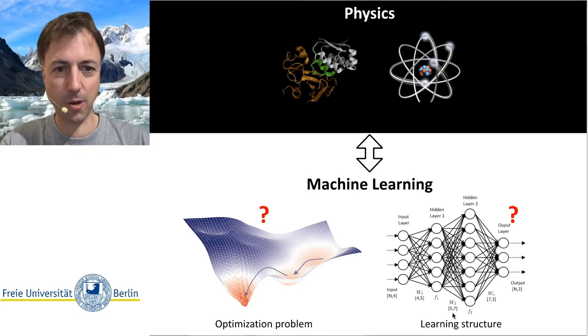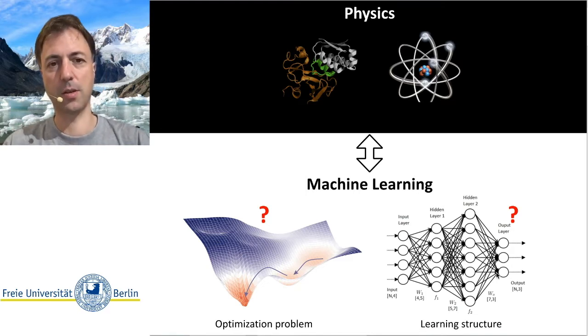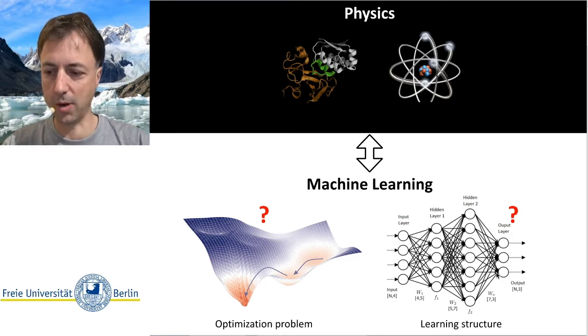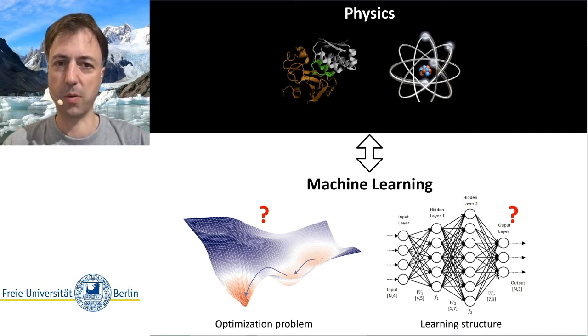And the same goes for the learning structure. In many cases, we have certain requirements on a machine learning method that makes predictions for physical systems. We want certain properties, maybe certain symmetries, certain conservation laws, certain invariances to hold. That means we should probably build that into our learning structure, because that makes learning easier and it can avoid catastrophically wrong or simply stupid predictions.